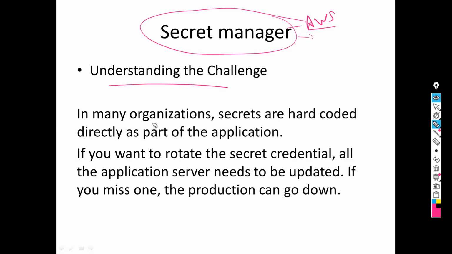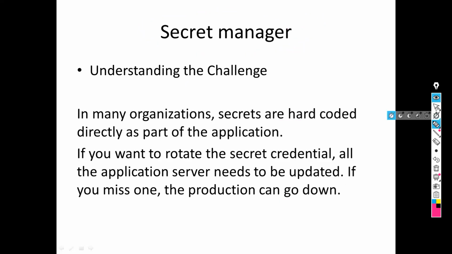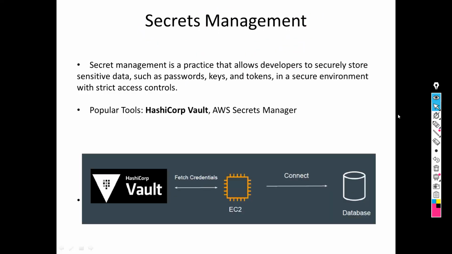So what is the challenge? In many organizations, secrets are hard coded directly as a part of the application. If you want to rotate the secret credentials, all your application servers need to be updated, and if you miss any one, production can go down. So for that, I got this diagram. Here you just change AWS Secret Manager. Another very common and very good tool is HashiCorp, which is used as a PAM to save your passwords and your secrets, and it connects with almost all